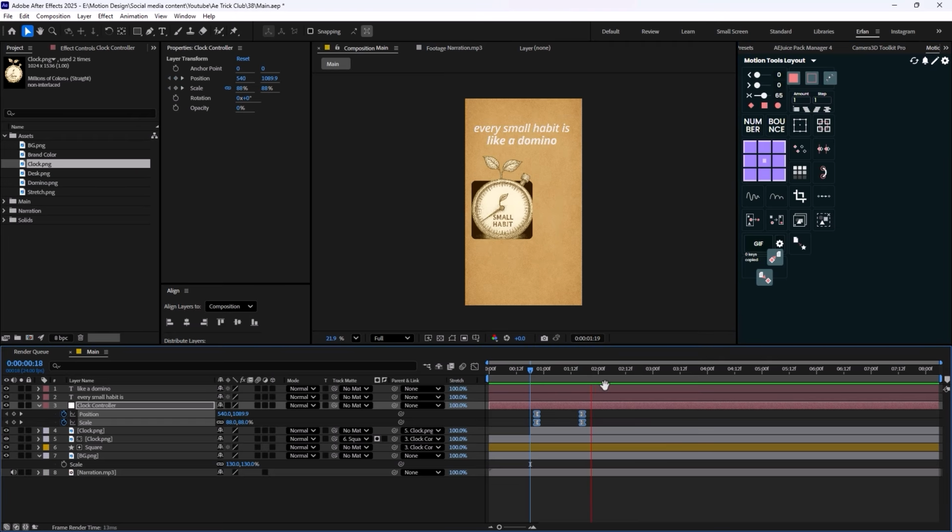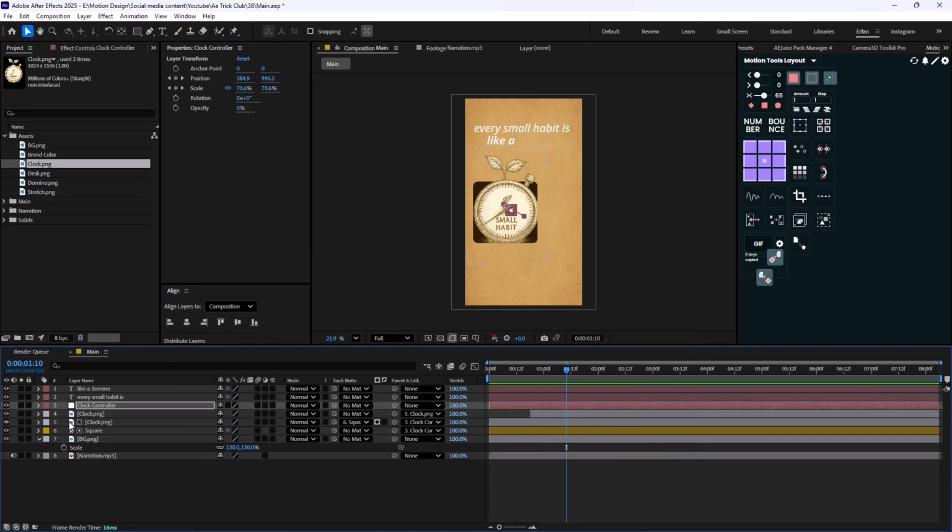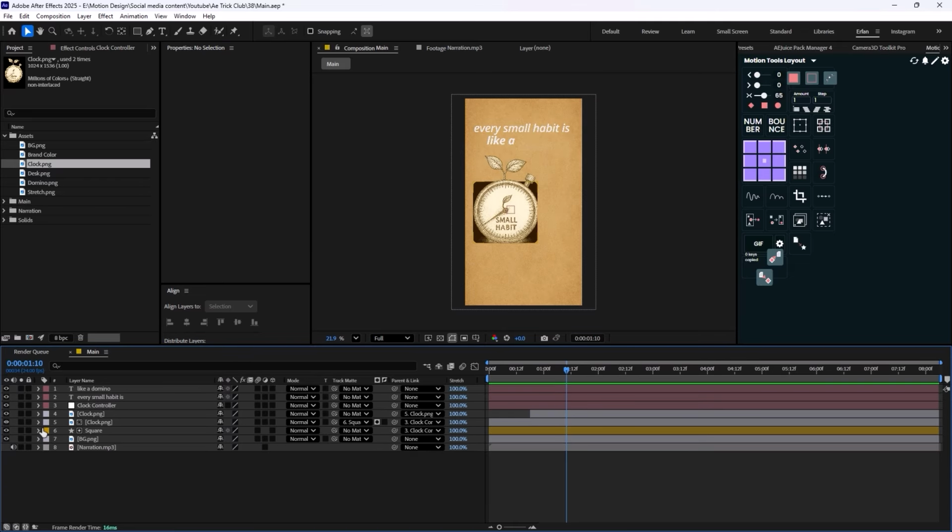Habit is like a domino. Great. Every small habit is like a domino. Now we need to reveal the second scene. So I'm just gonna do a quick move. So in here,